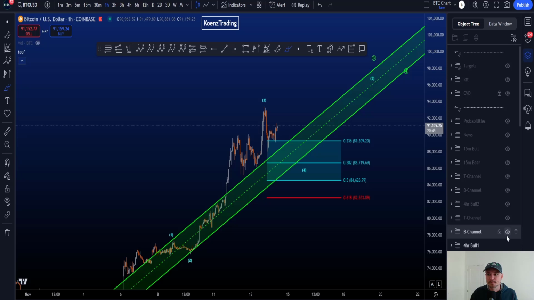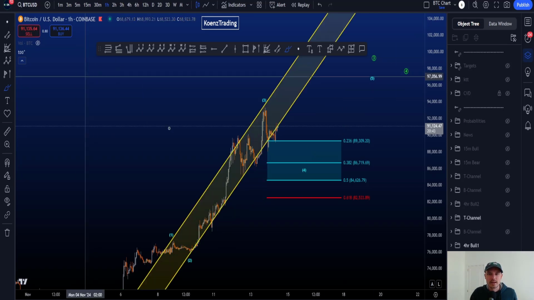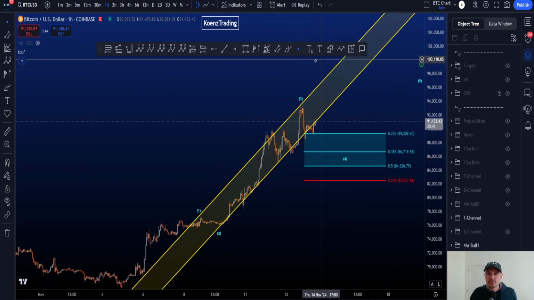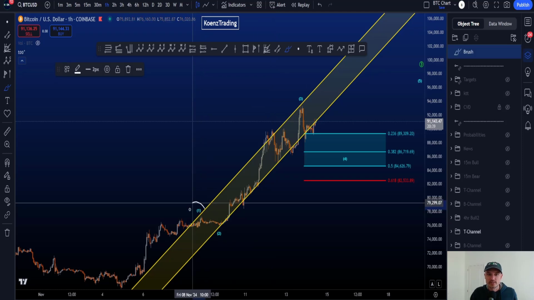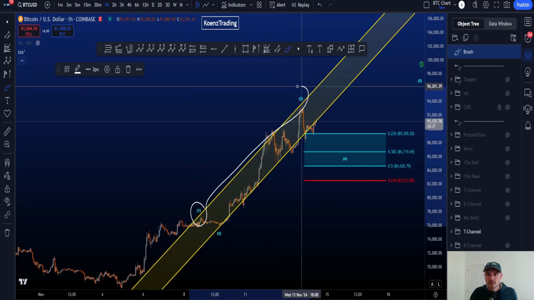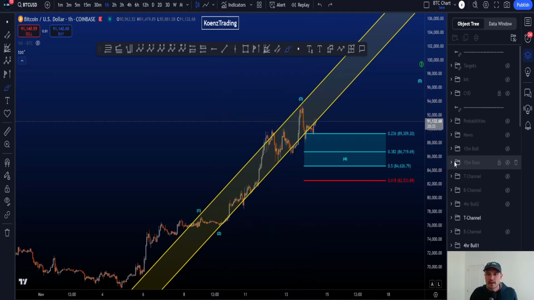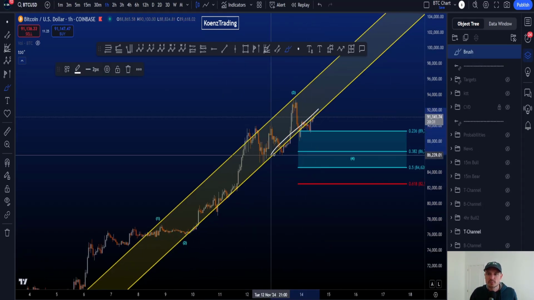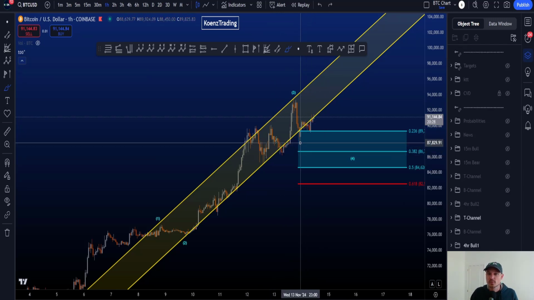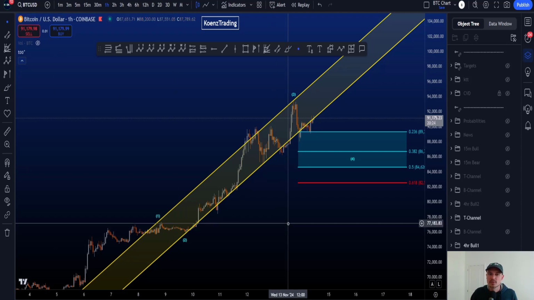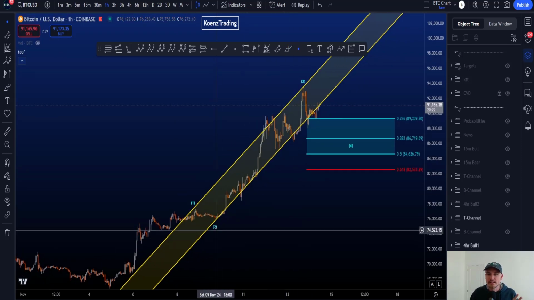The second channel that I have on my chart here is called a trend channel, and this channel is taken from the high of blue 1 to the high of your 3 to the end of your wave 2. And what you're looking for is price to break the lower trend line of this channel, which it has done, which therefore does increase the probabilities